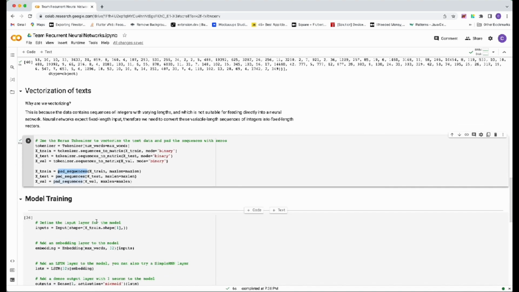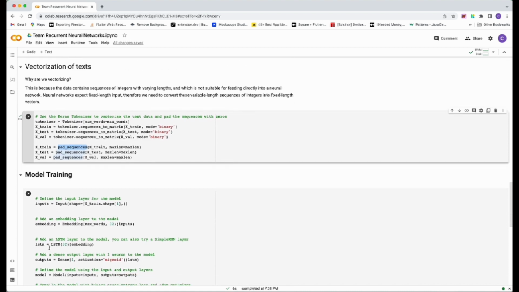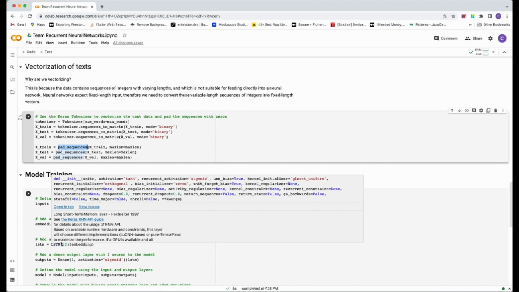Finally, we passed our data to the model. We created an input layer that takes the shape of the training data, and then we added an embedding layer that takes the max number of words. Finally, we added the long short-term memory model.